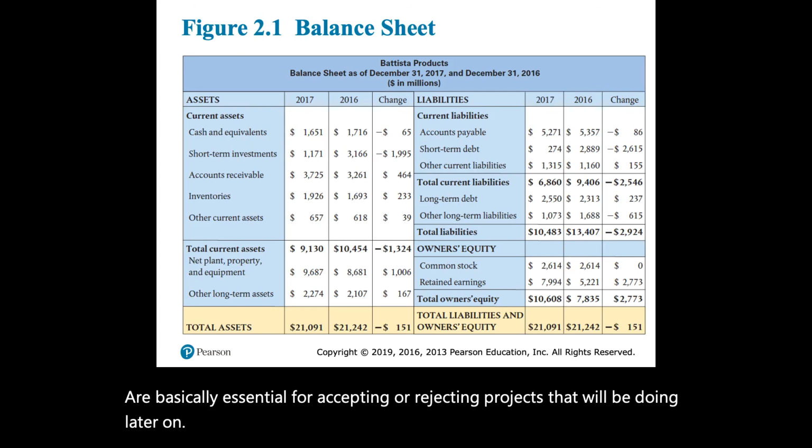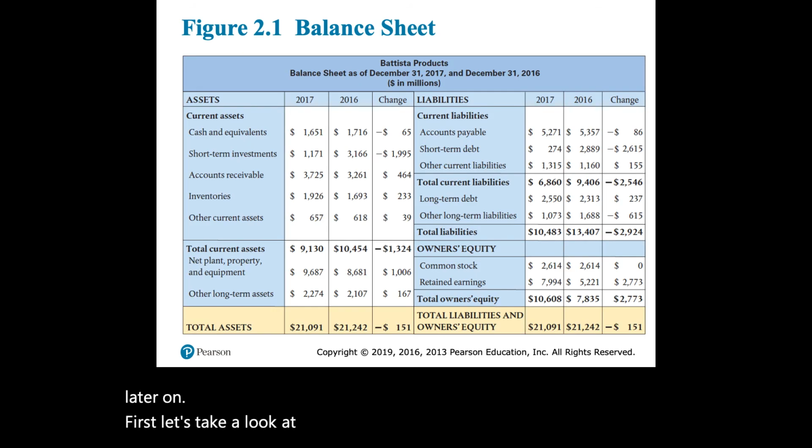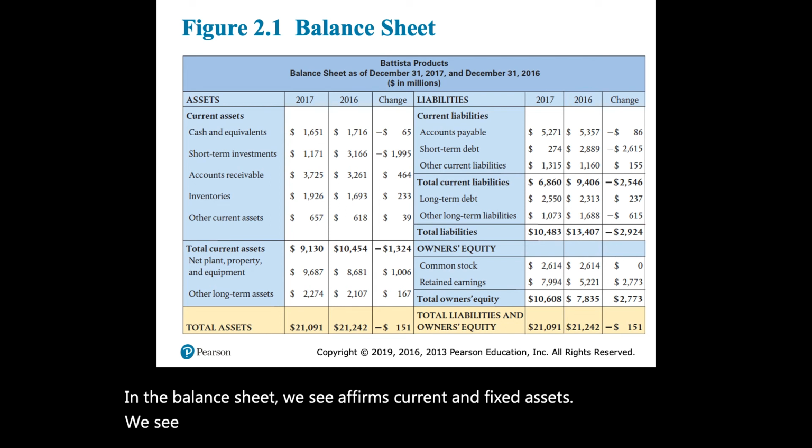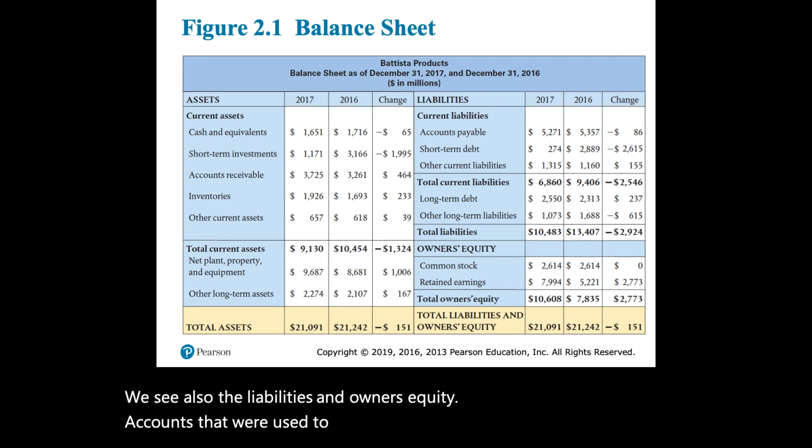So first, let's take a look at the balance sheet. In the balance sheet, we see a firm's current and fixed assets. We see also the liabilities and owner's equity accounts that were used to finance these assets. So therefore, the total assets figure has to equal or balance the total liabilities and owner's equity of a firm. It can be divided into 5 sections,